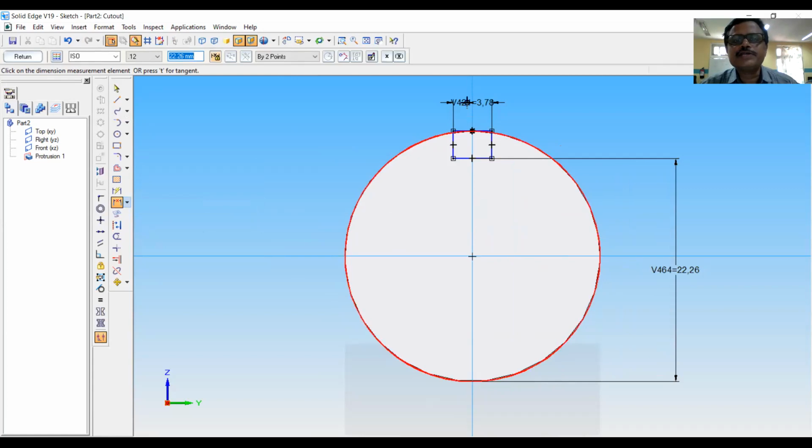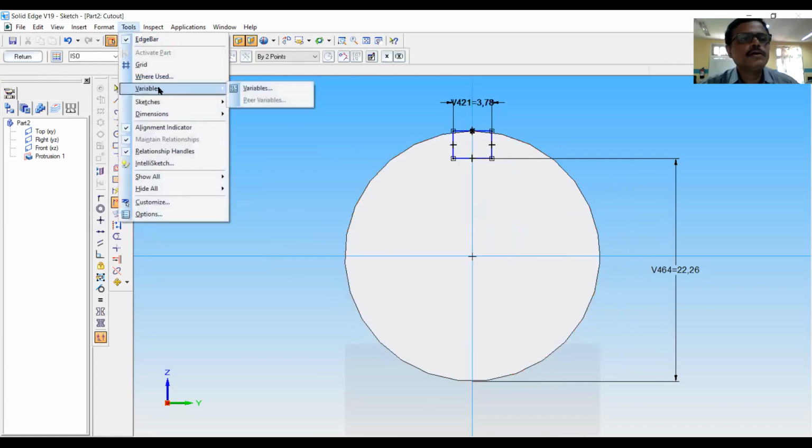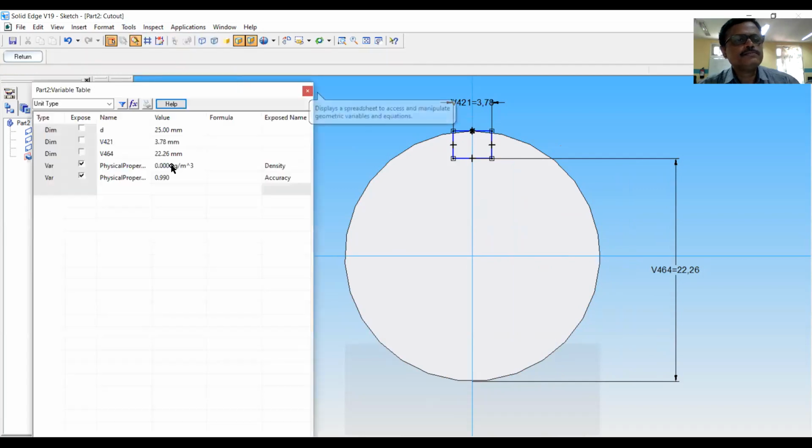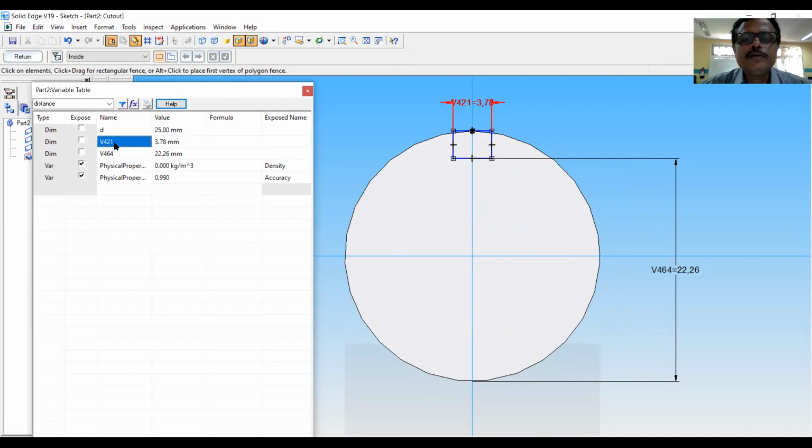Now we will enter the equations for this as well as this length. Go to tools, variables. See what is the equation for this. This is related to depth of the key. So I will enter it as depth. It is a formula, so I will enter is equal to 0.25 into d plus 2.